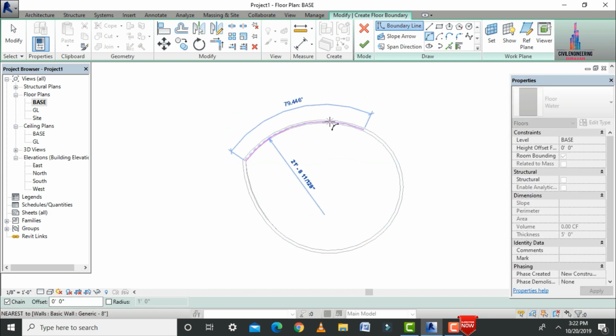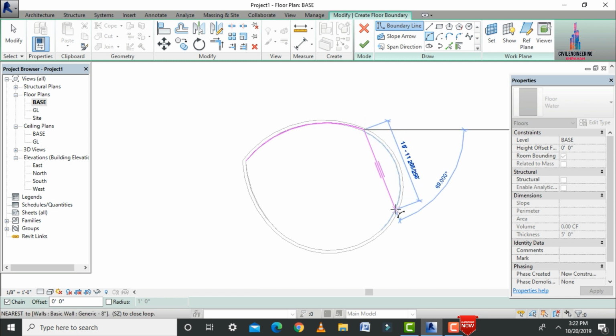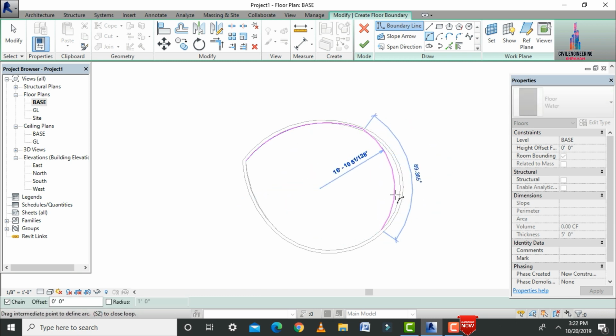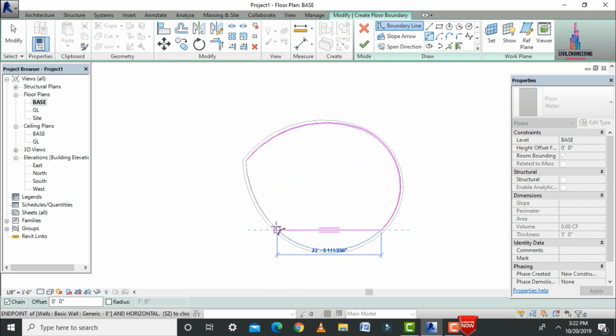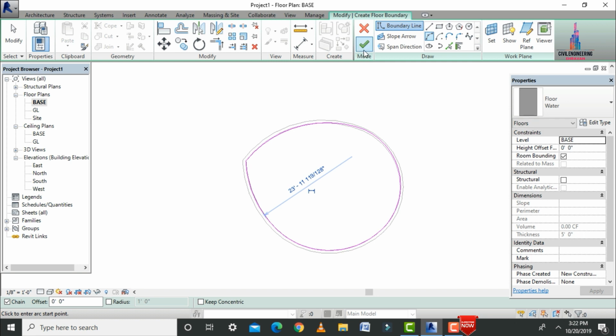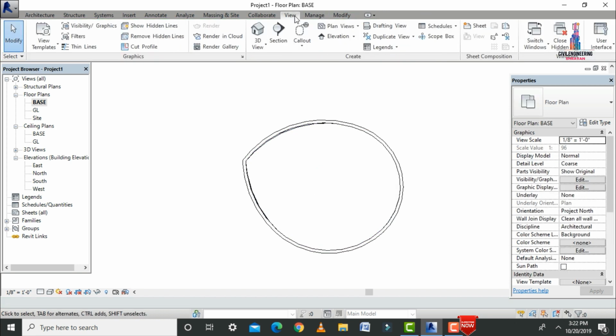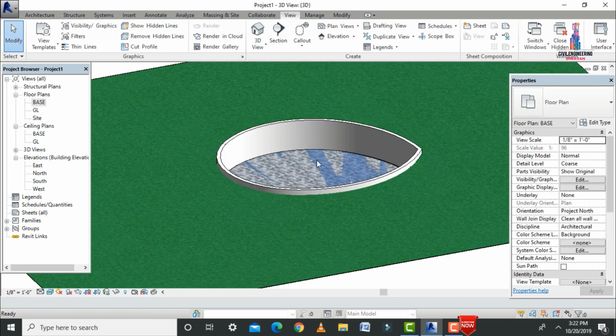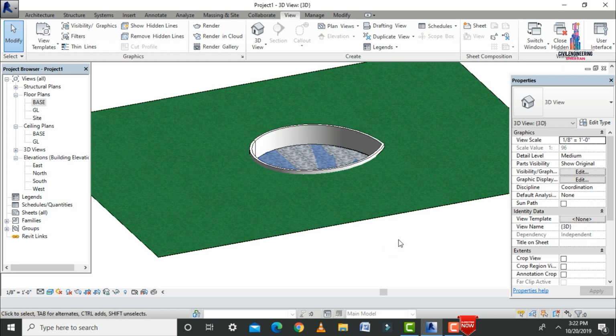Now we have to select the arc starting point. Again select second point. Okay, in the same way we have to connect to the respected remaining points also. So here I am selecting the points like this. Again I am selecting one more point here like this. Again I am coming to the first point here like this with the help of arc command. Click on the right mark here. Click on view option, 3D view option.